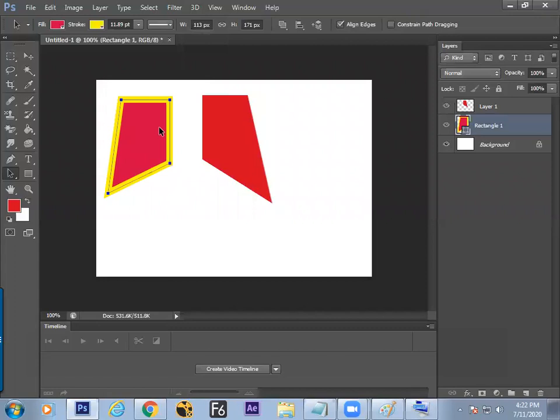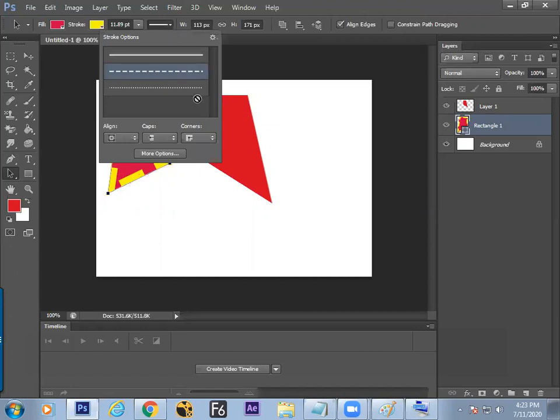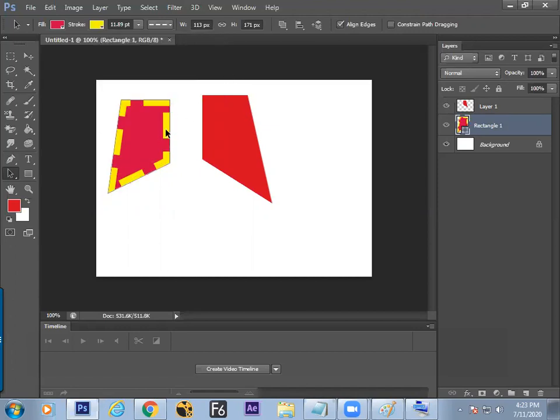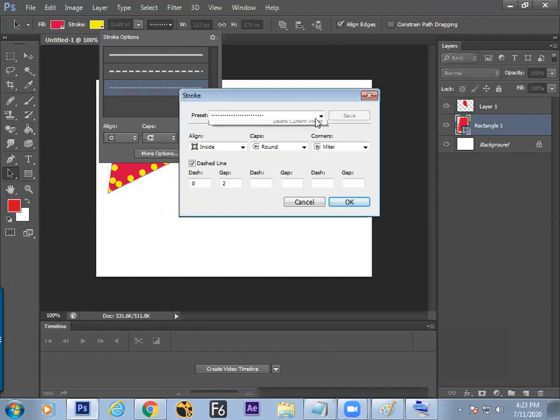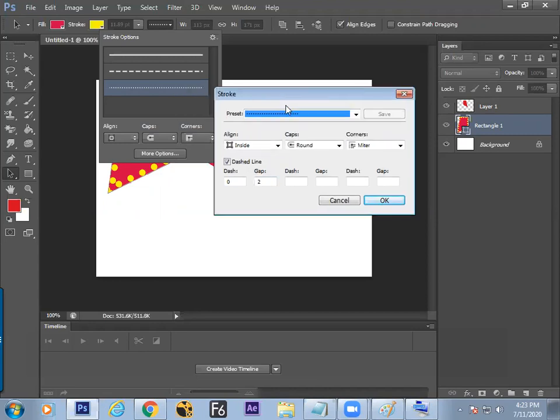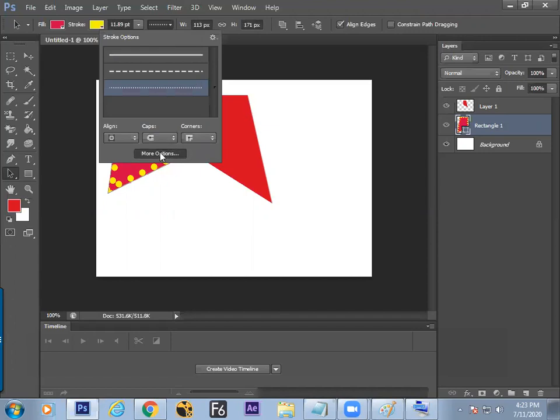We can draw it, we can change the shape, we can change the color, we can add the stroke, we can change the thickness of your stroke as well as the style of your stroke. So hope we have understood how to change the style of your stroke. Then you can customize it. Yes, more options available. Here you can choose some more actions to be done. Yes, so let me show you what more options are available.